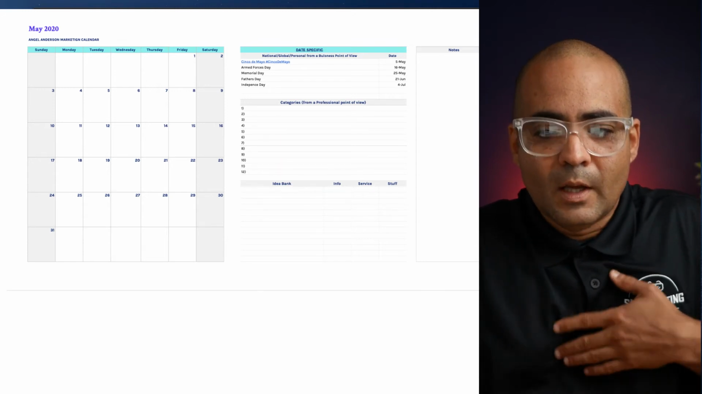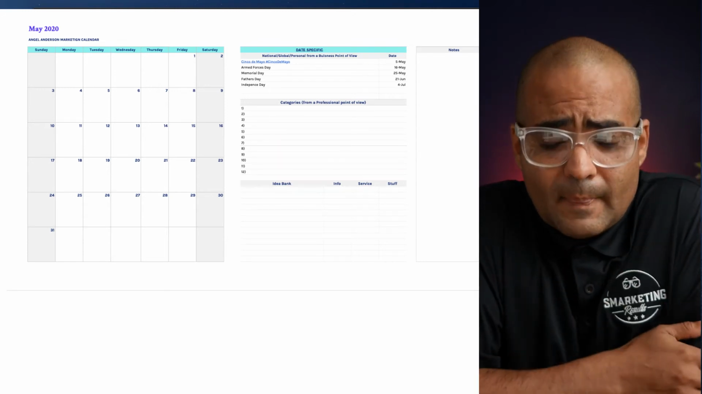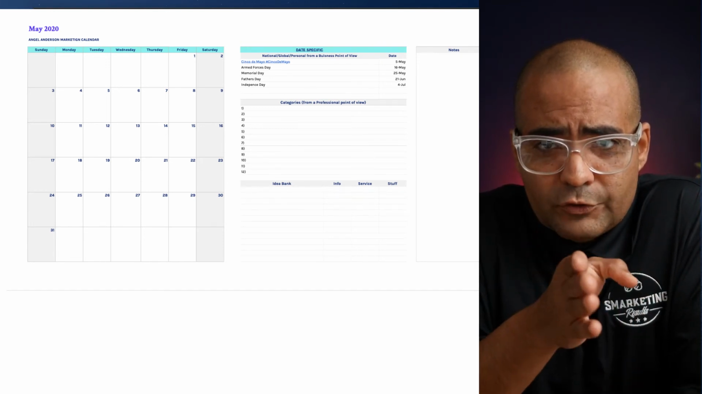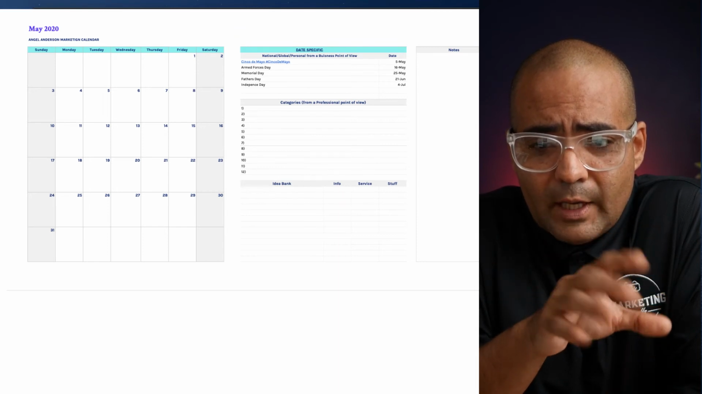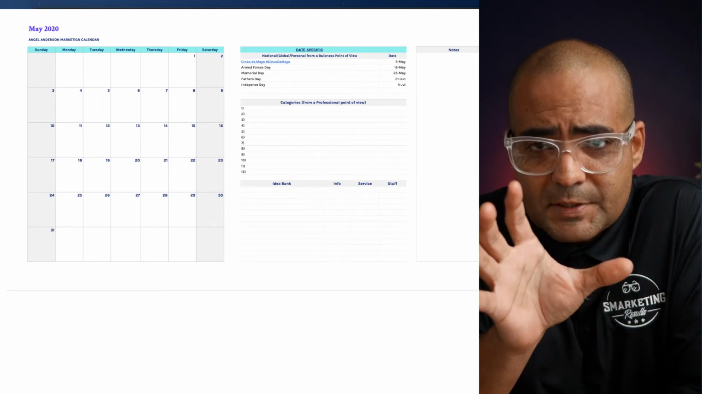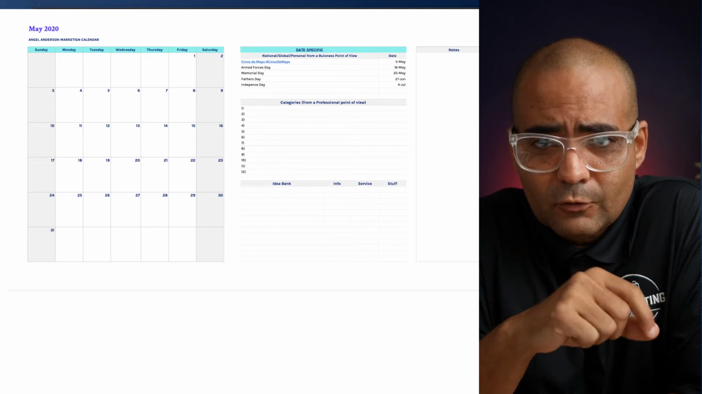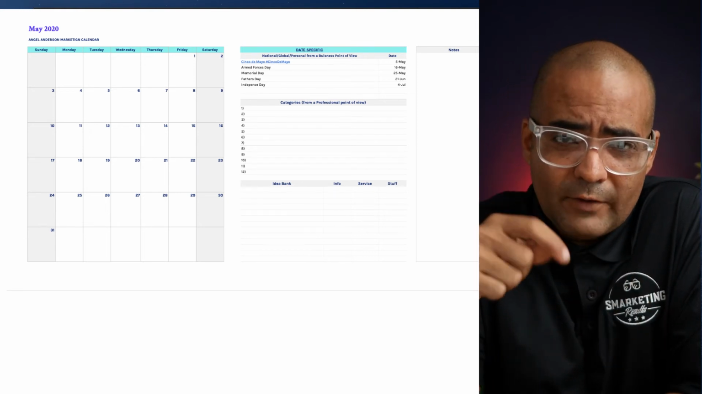Okay. And that's in a nutshell. That's exactly what you're going to get, what you see on your screen right now. You have 30 days, you have some date specific events that happen in May, and you have a blank space for your category. Feel free to fill in the dots,